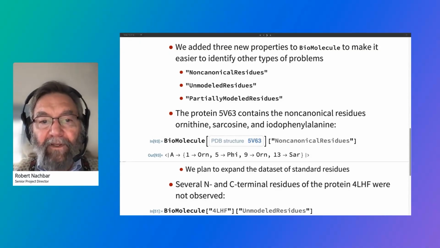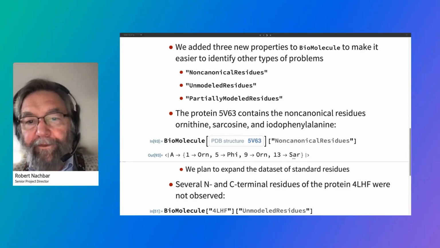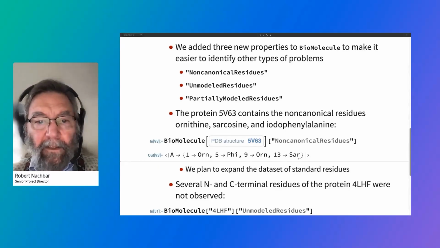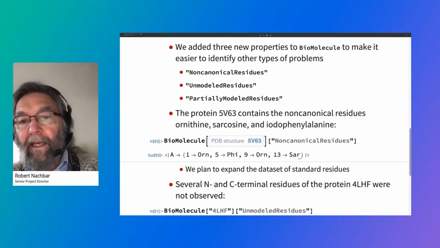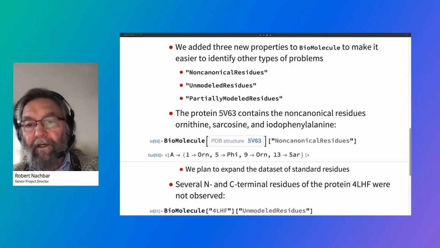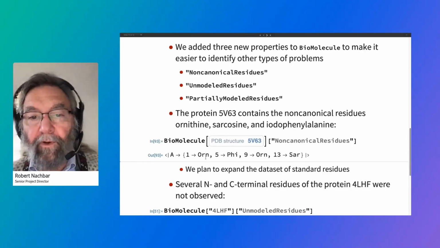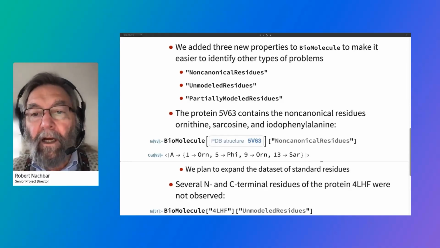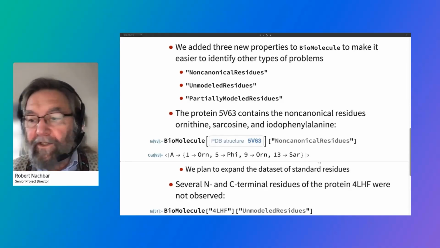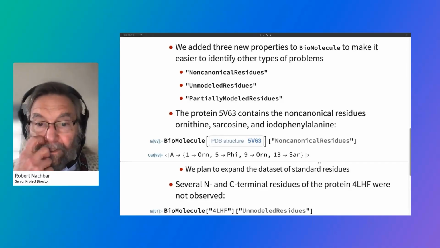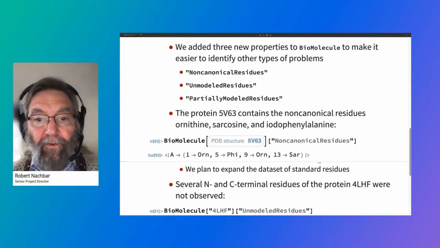At position 5 is the iodophenylalanine, and at 13 is sarcosine. I would like to be able to expand our dictionary of amino acids to include things like ornithine and sarcosine, as well as D-configuration amino acids, just to make it more versatile and useful to